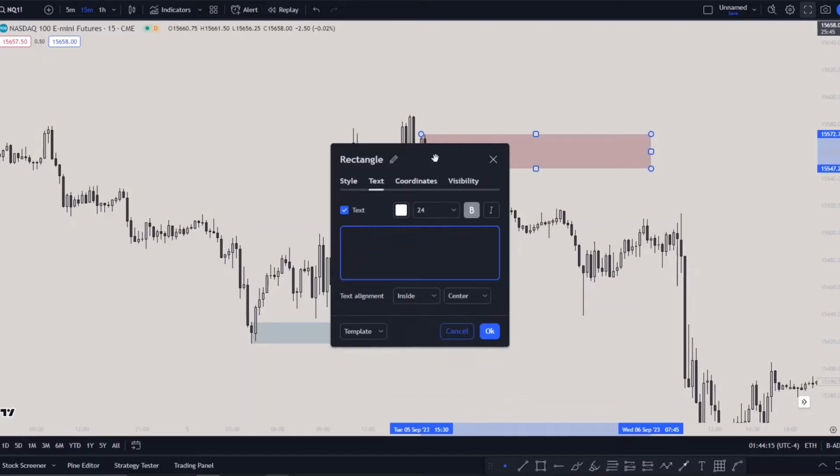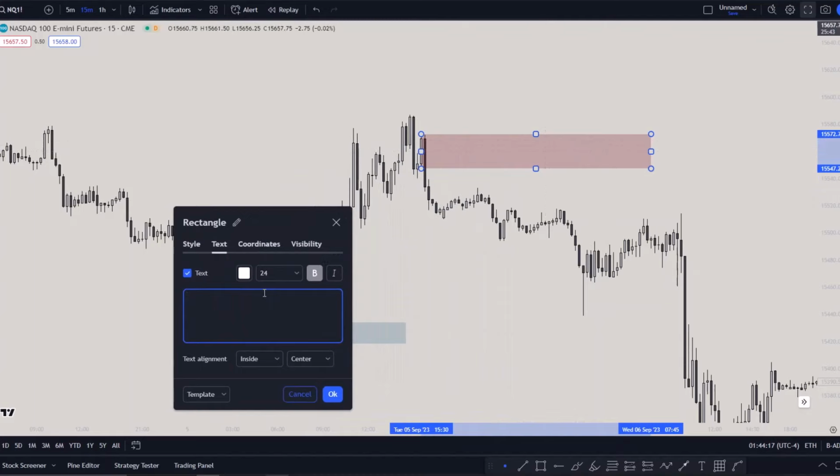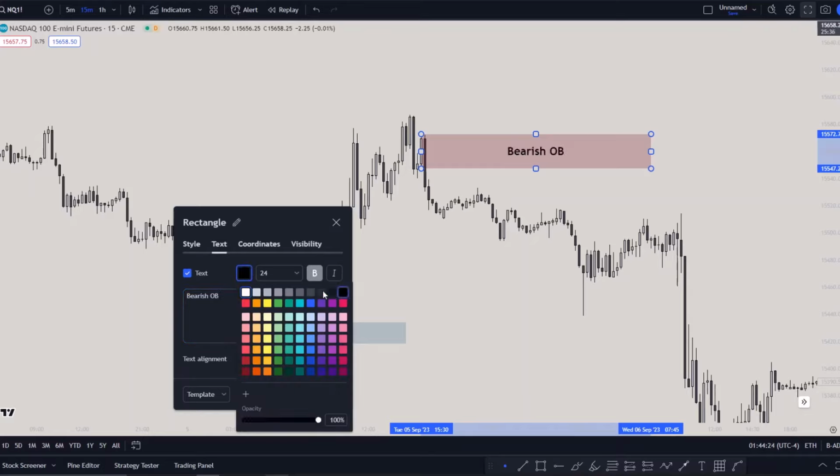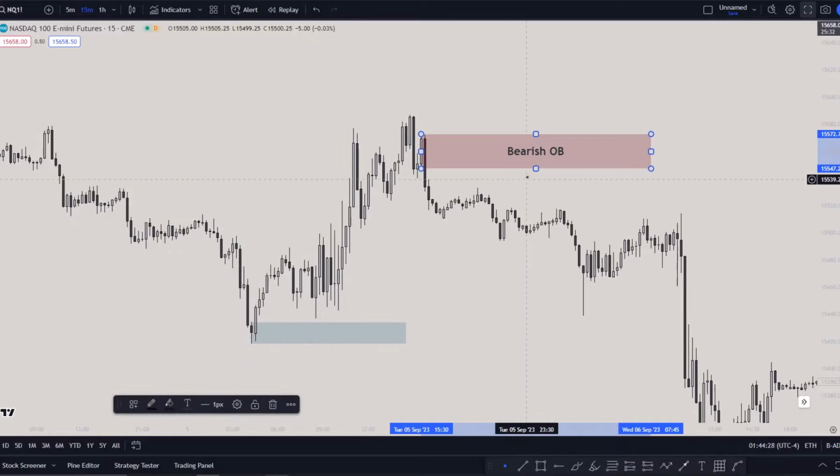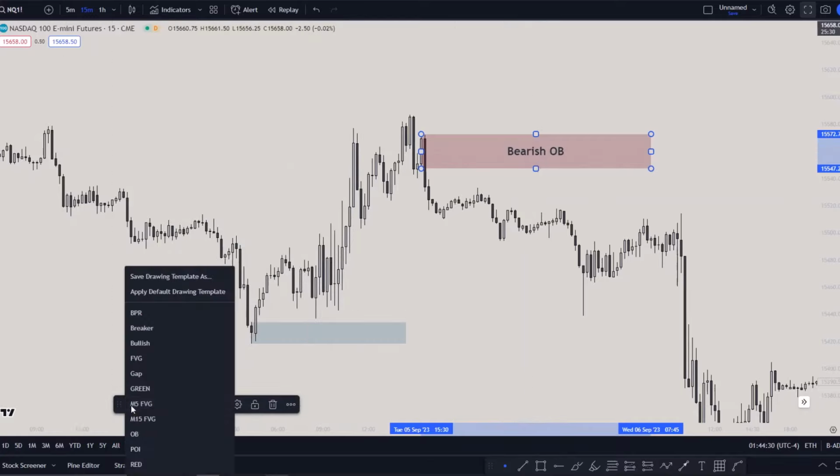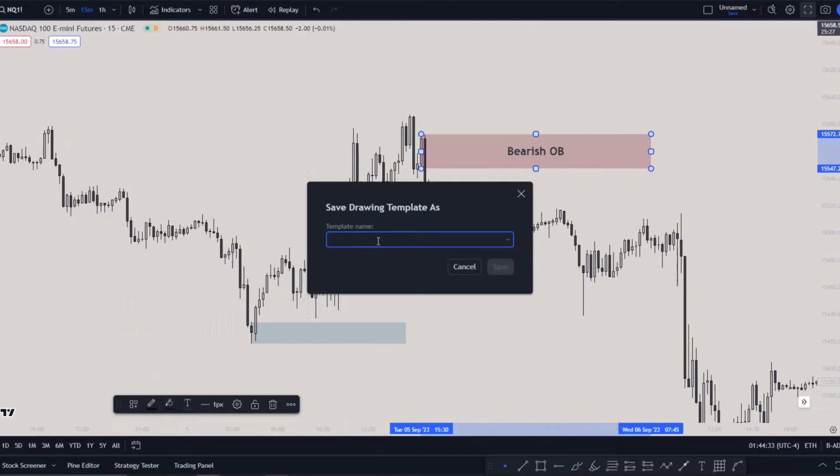But in this case, I want to call this a bearish order block, right? Bearish order block. And I want it to have a black color, for example, or let it be this color right here. Then I'm gonna click right here, go to the template, click on save drawing template as, and I want to call it bearish